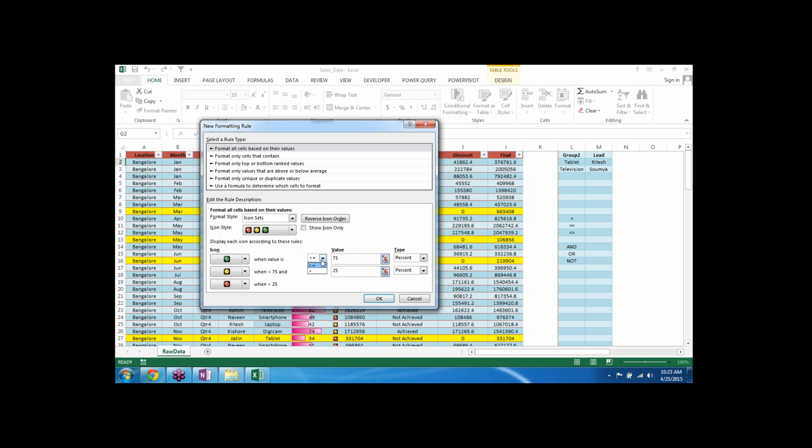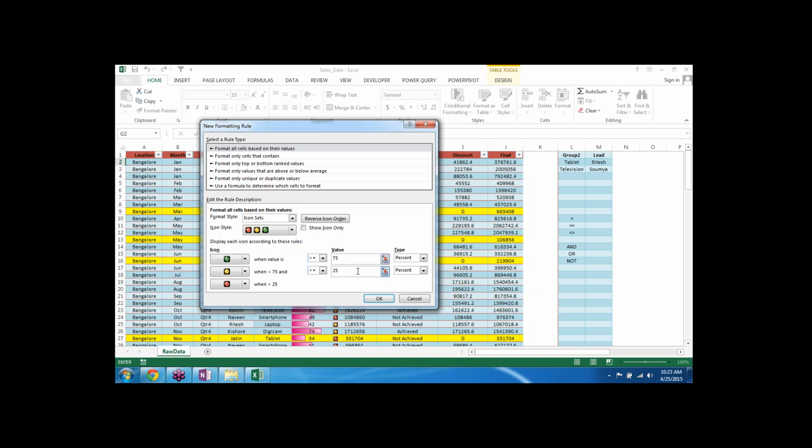You can even change the operator also, greater than or equal to, or greater than, whatever. Okay. So ideally it will divide it into three ways. First of all, it will take the minimum and the maximum, whatever numbers you have got, and then convert it into three sections. So the first 33% of that particular data, whatever number it comes, it will take all those as red, and similarly for amber and green for the next sets.